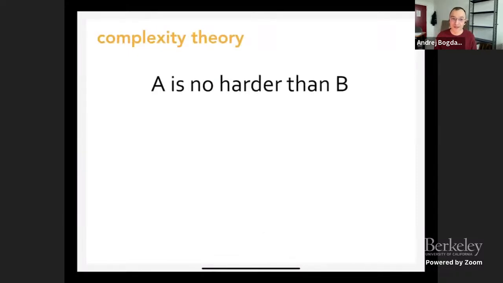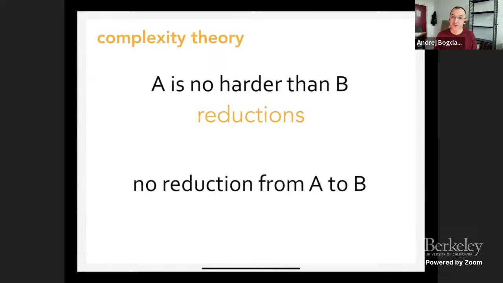And so that's what complexity theory is, right? If we want to show that problem A is no harder than problem B, then we have reductions. That's what reductions are for. But we also want to sometimes explain why we don't have reductions. Why is it that two problems are of incomparable hardness, or one is not easier than the other one? And how do we show that? What are the tools that we use for that?